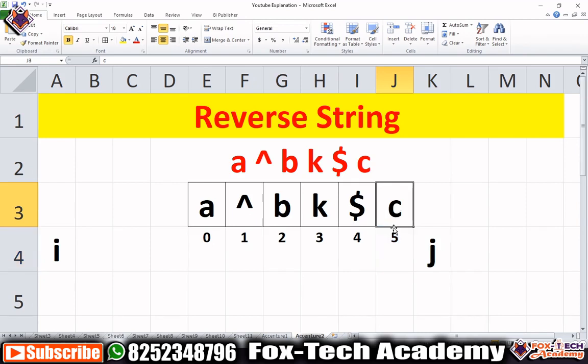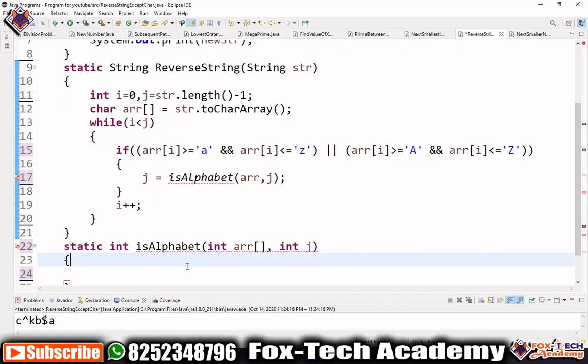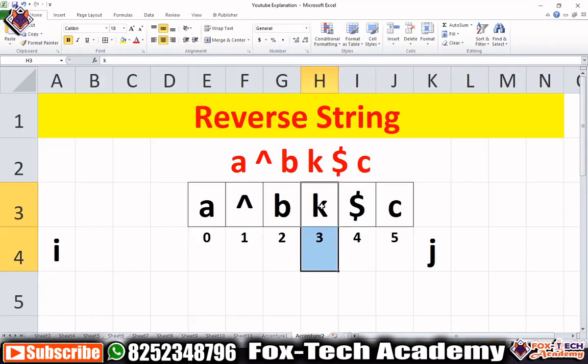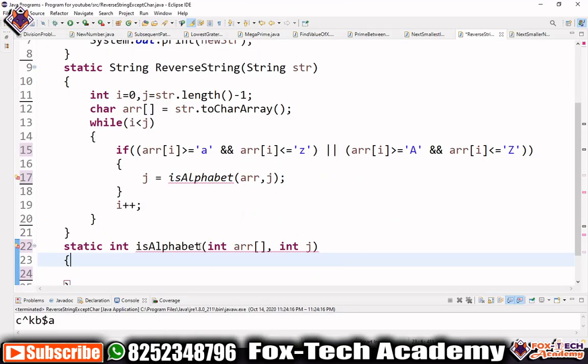If this is not an alphabet, then we will check further and return the next alphabet. Suppose in this case we check this dollar symbol, it is not an alphabet, then this function will return the index of the next character. The next character is not a special symbol, so that function will return the index of this. Okay, so let's check again here.